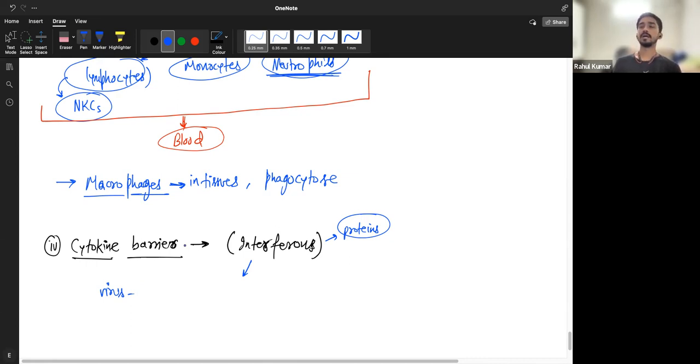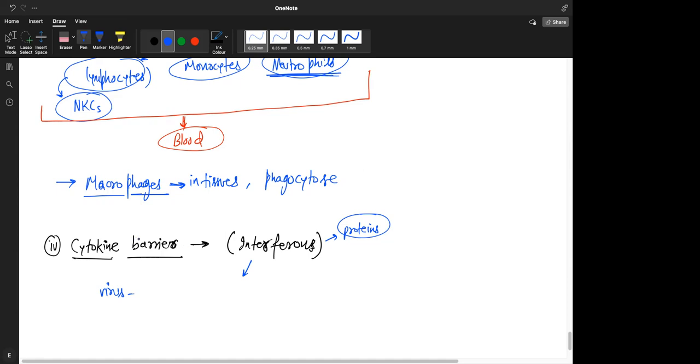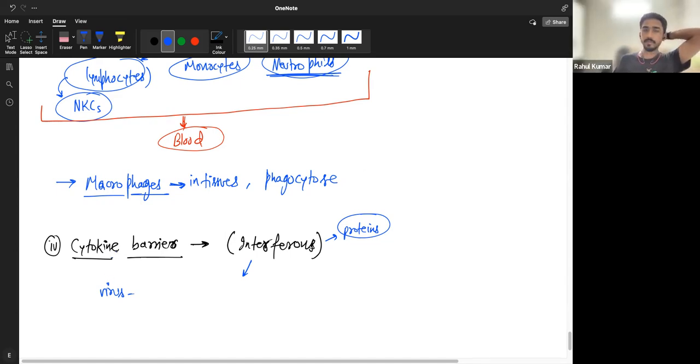We don't know whether they just tell the cells that there is a viral infection, or also provide some information about the virus. How do they help the other cells protect themselves against the virus? All these are molecular details that people are trying to understand through immunological research. Sir, are these interferons released only in response to viruses or to any other antigens? Mostly in response to viral infections, but also for some other toxin infections.